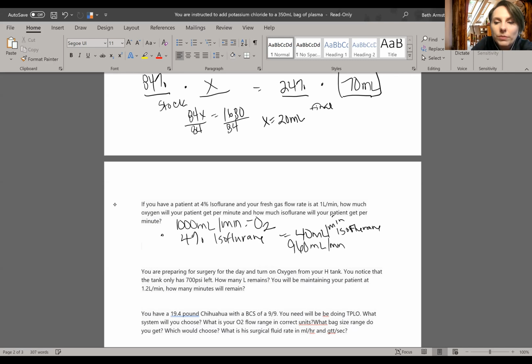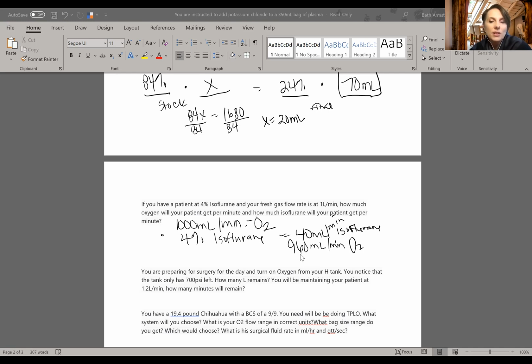Just subtract it, right? 40 mils or 1,000 mils minus 40 is O2, because you only have 1,000 mils going through. Right? Awesome. So this is important to know because people like to turn up their oxygen flow meter all the time,